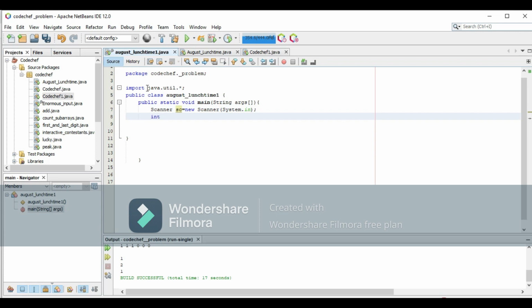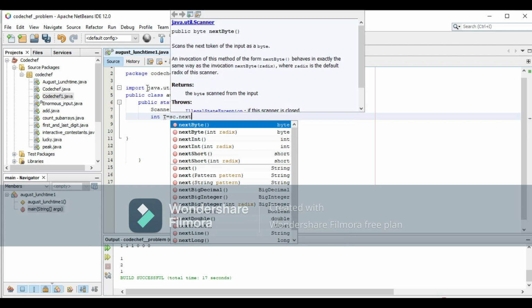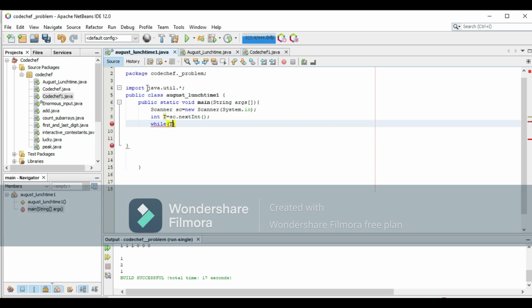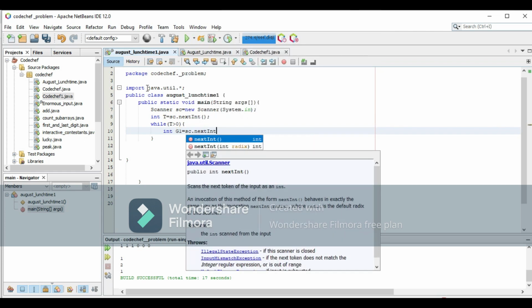So at first we have to initialize t, that is the number of test cases. So here it is. We put the condition as while t is greater than 0. We move into the while loop, and we have to initialize 6 variables, that is int g1 is equal to sc.nextInt().